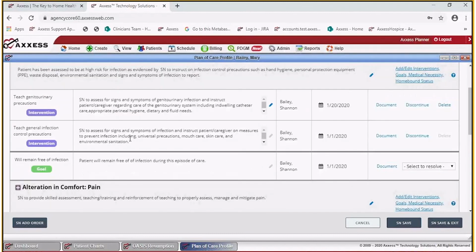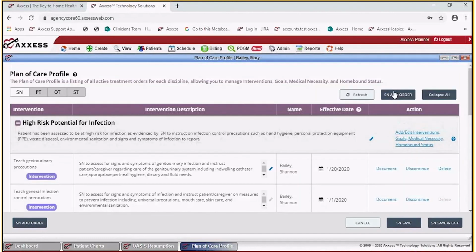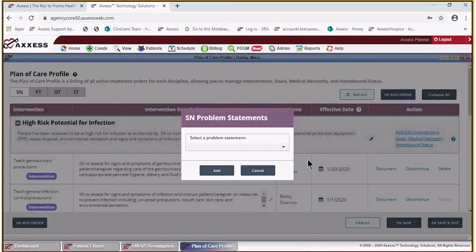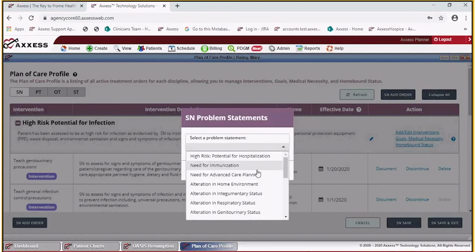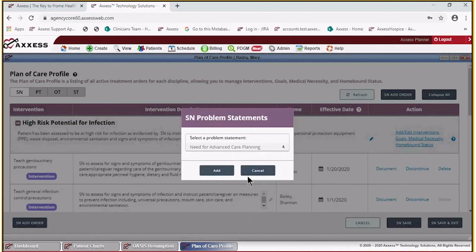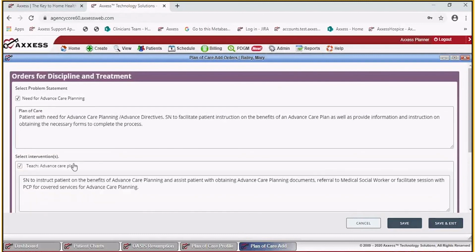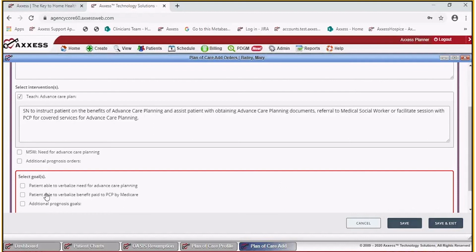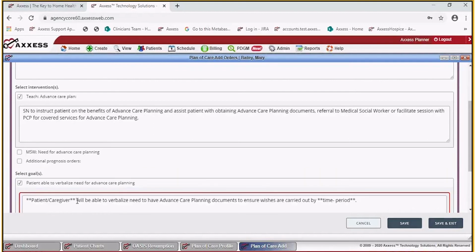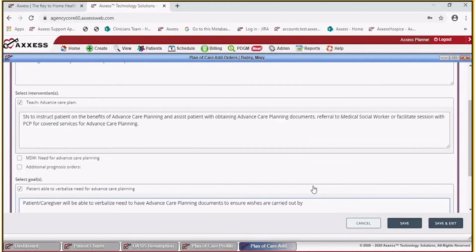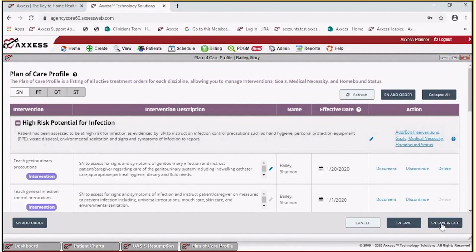But if you have a problem statement, a new problem that you have not addressed before, you can add a whole new problem statement. So you'll add order, and let's just say that we had a problem with the need for care and advanced planning because the patient has come back and said, I really don't understand that. I might have filled it out, but I don't really understand what it's all about. So you can go in and add to teach the advanced care plan. Let's just say that's the problem. And then we're going to add a goal to address that. A goal for that intervention. Okay, and then that is how you do this and how it looks in the